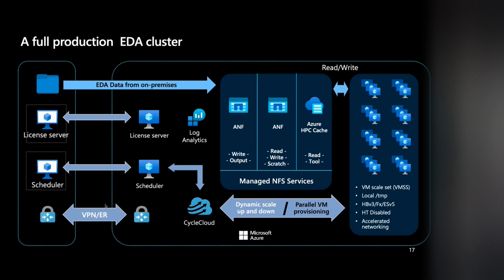Yeah, secure connectivity, whether it's site-to-site VPN or ExpressRoute. And then what they do is orchestrate the compute and storage for HPC. Essentially, they use Azure NetApp Files, which gives you much higher IOPS and everything, but you can use any of those NFS services if necessary. On the right-hand side, you see the compute in the form of virtual machine scale sets that can be scaled